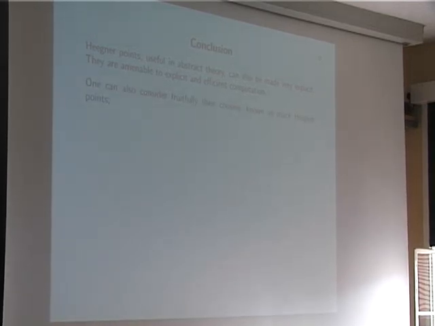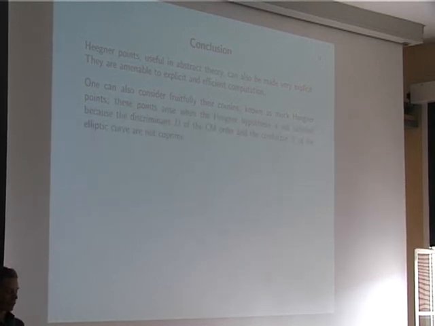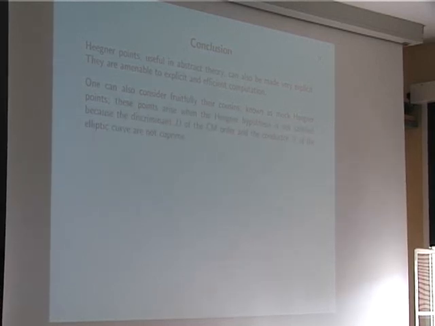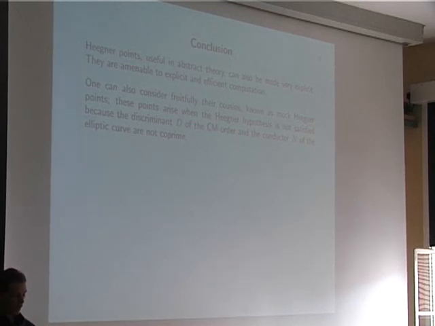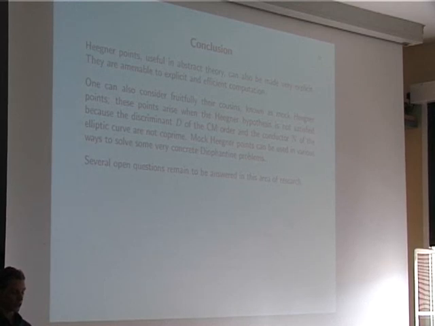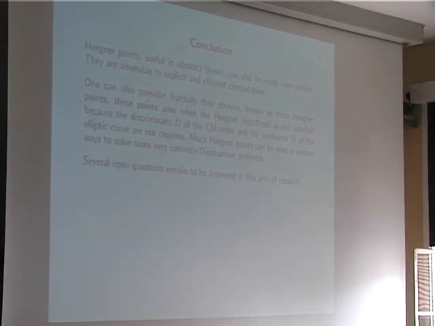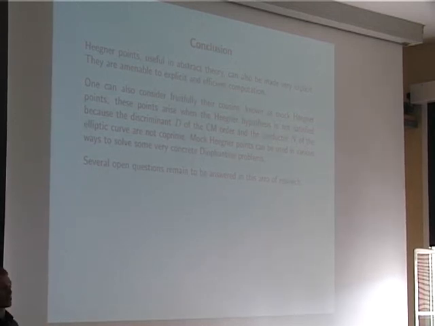Once you've given up on Heegner points, or maybe you're like Heegner and you consider mock Heegner points to be the real Heegner points, you can consider their cousins as mock Heegner points. Those arise when the Heegner hypothesis is not satisfied. That means the conductor of the elliptic curve and the CM field that you considered weren't relatively prime. And those mock Heegner points, we've seen a couple of examples now where they really solve very concrete problems in diophantine equations. So there's still several open questions, like prove a Gros-Zagier formula in this case, as well as other constructions. So if you want to take your favorite family of x cubed plus y cubed equals